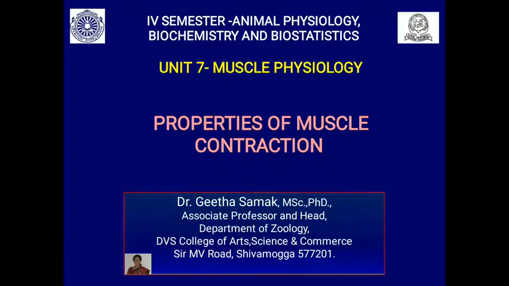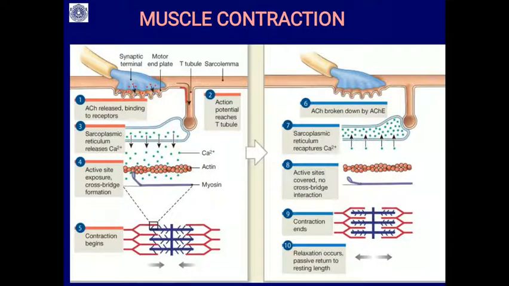Dear students, now I am going to discuss properties of muscle contraction. Just to remind you what you have studied in the last class, the mechanism of muscle contraction. Skeletal muscle contracts as per the stimulus of the motor neuron. The motor neuron action potential or depolarization wave reaches the synaptic end and it releases the synaptic vesicles, releases neurotransmitter